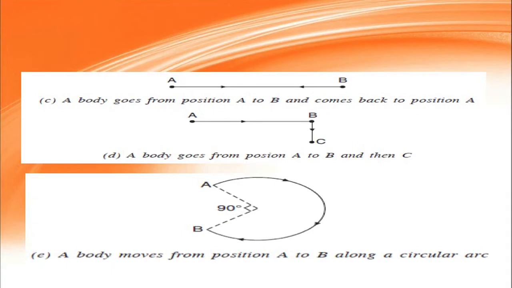In the fifth case, you can see the body is moving over a circular path along the circle. So, the distance is equal to the length of the circle, while the displacement is the distance between A and B. So, we can fill all the values of distance and displacement that we have measured in these figures and fill in the table. Now, we discuss uniform and non-uniform motion.